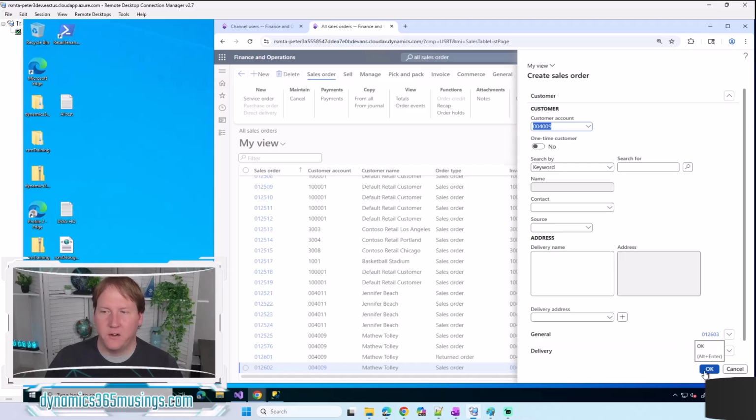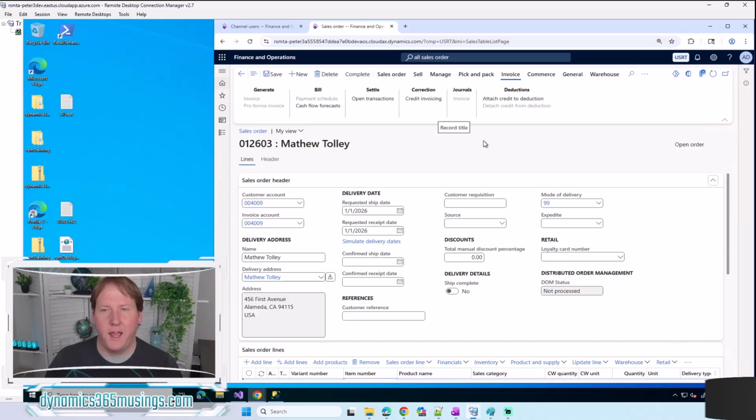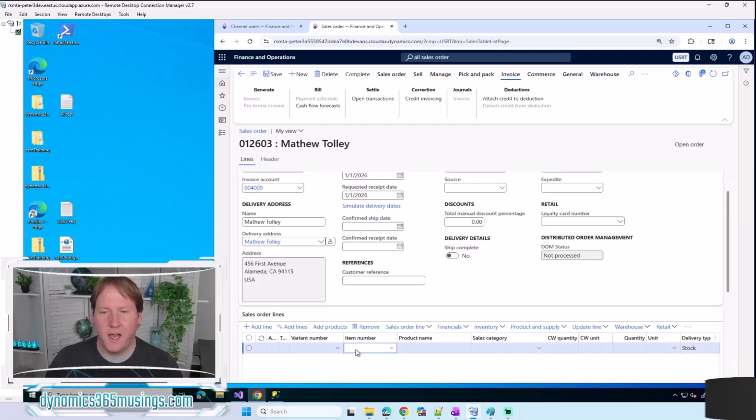But the difference here is now when I click OK, the system's going to see that my user is associated with a call center. It's going to create an extra record related to the sales order that defines this as a call center, it's going to default in those financial dimensions as well as use some of those other parameters in here. Now when I add different items, etc., let's see if I can add one real quick. And then click the complete button here. I actually get this complete button. I wouldn't have it if it wasn't a call center order,